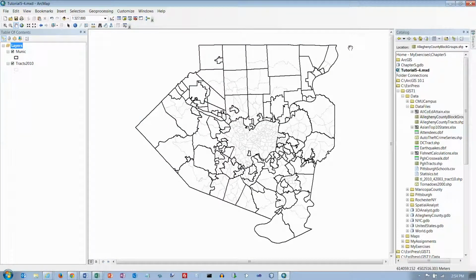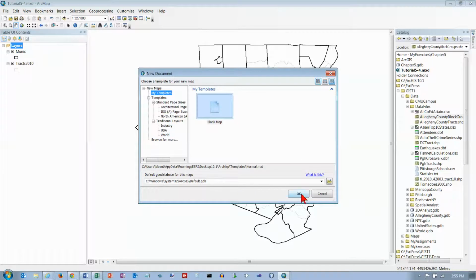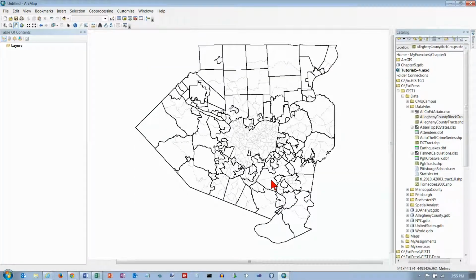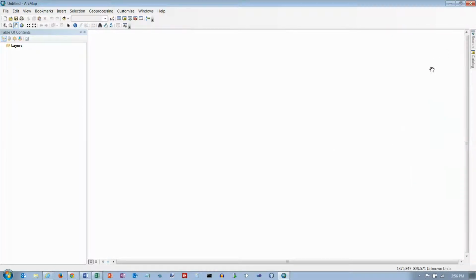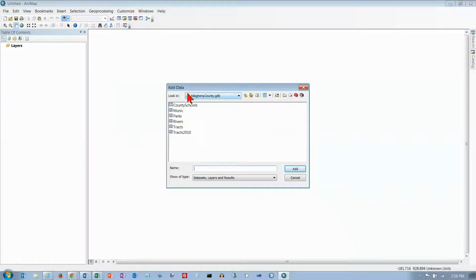We're going to go to page 186 now, and what we're going to do here is add a coverage. A coverage is an old file format, and we want to go to a blank new map. So let me just make sure I've saved this one, and then let's go to a blank new map and click on OK, and we can close the catalog for now. And we want to click the Add Data button, and browse through the data,